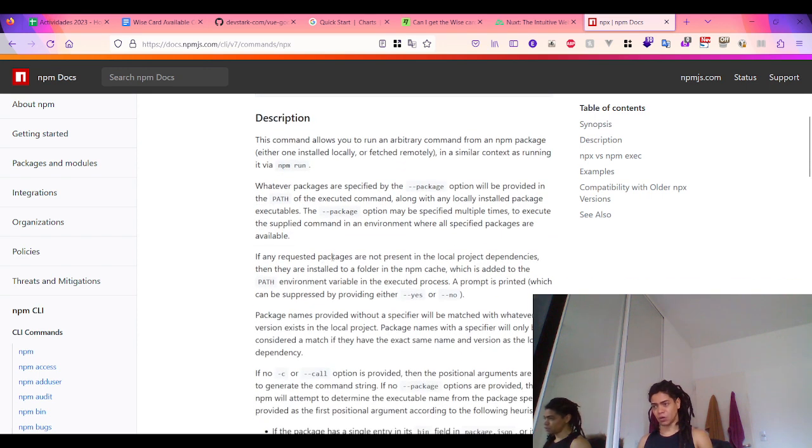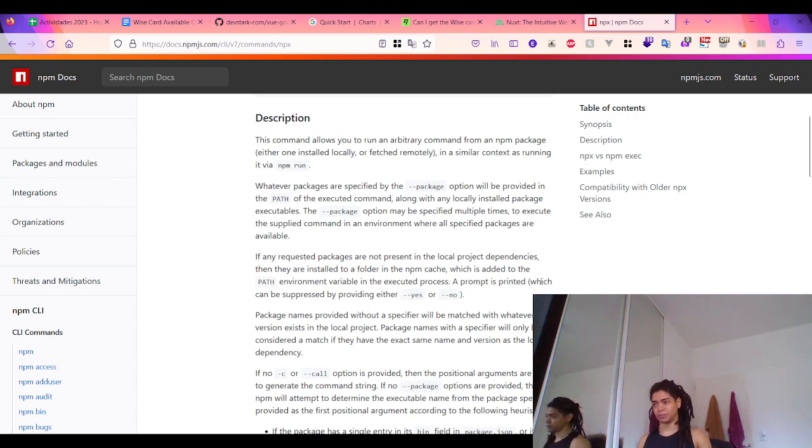If any requested packages are not present in the local project dependencies, then they are installed to a folder in the npm cache,